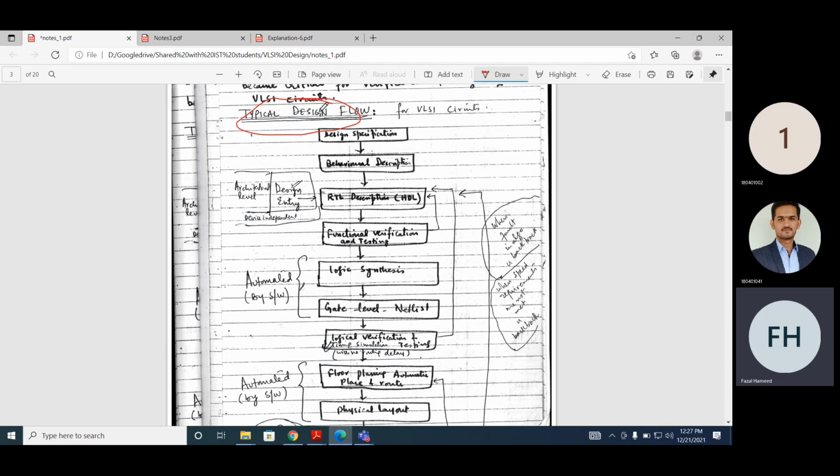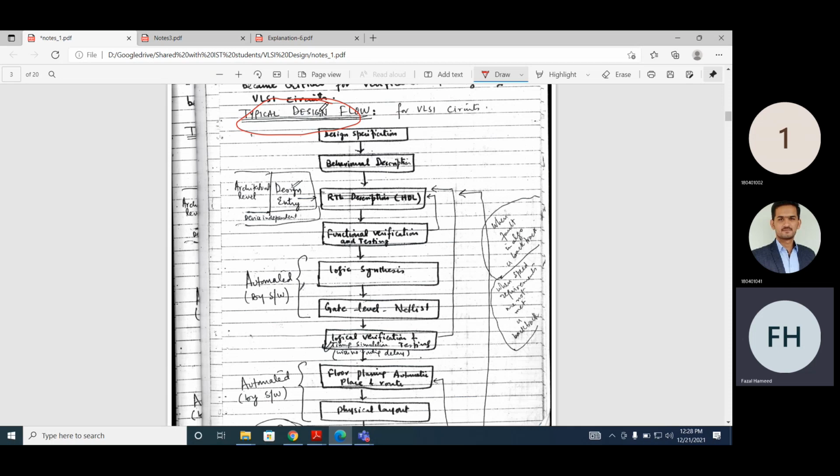What is the behavioral description? How can we specify a sequential circuit? Which behavioral tools? Finite state machine or algorithmic state machine? Now we have the design specification. For the design specification, we said we need a vending machine, and this is the behavioral description, which requires one input and requires two input, and the output is when a change. This is the behavioral description.